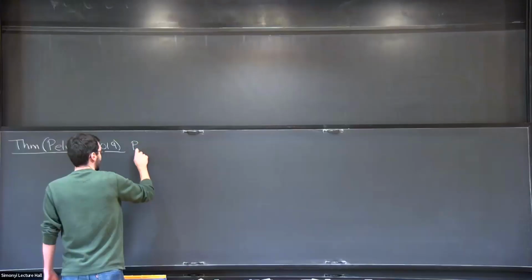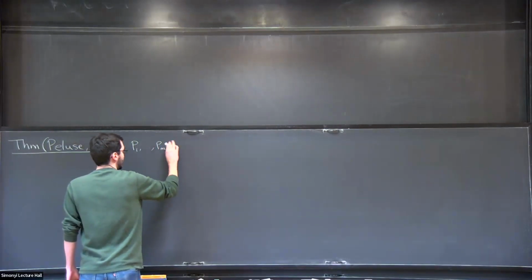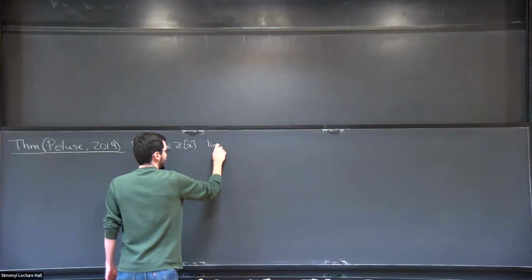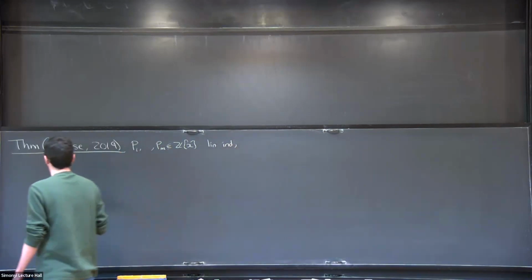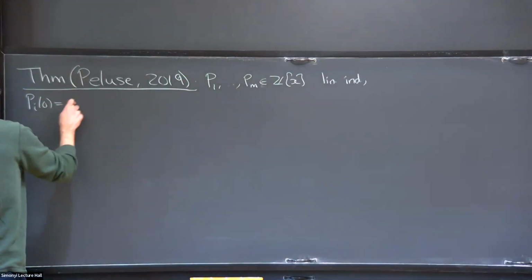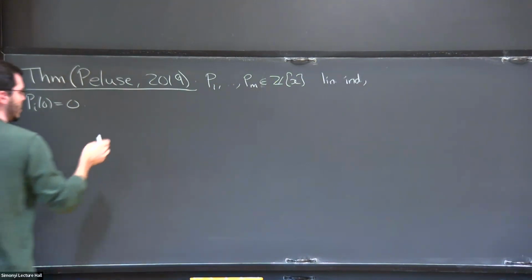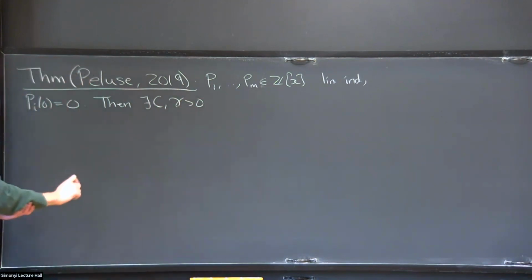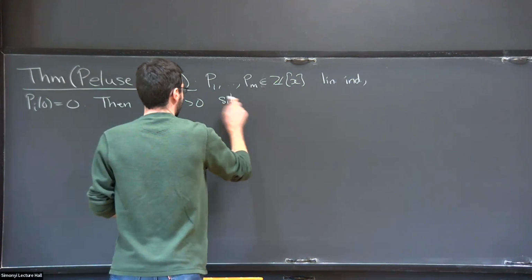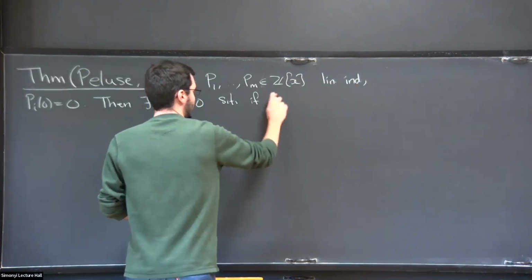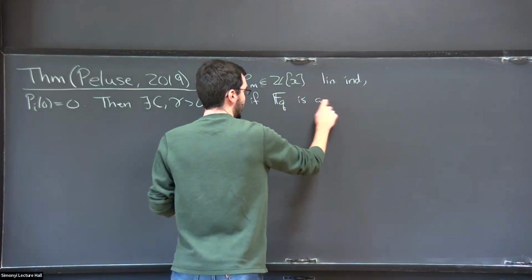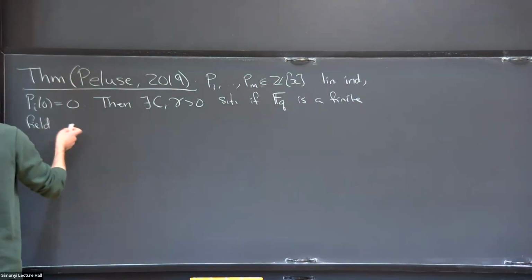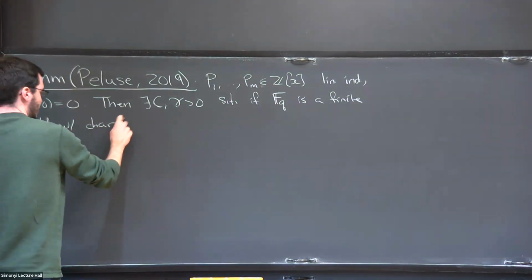I'm going to take integer polynomials, linearly independent and with zero constant term. And there exist constants c and gamma, such that F_q is a finite field with sufficiently large characteristic,